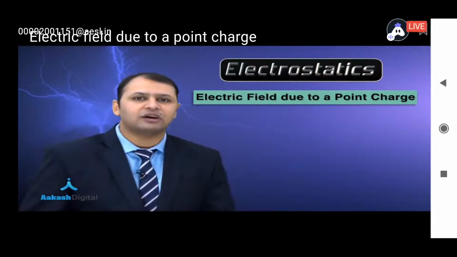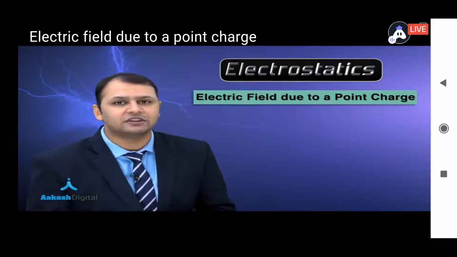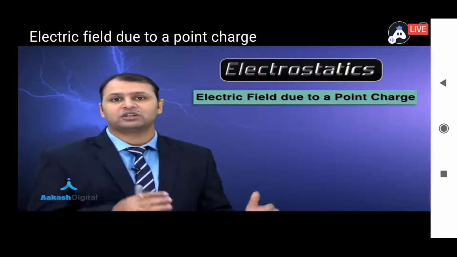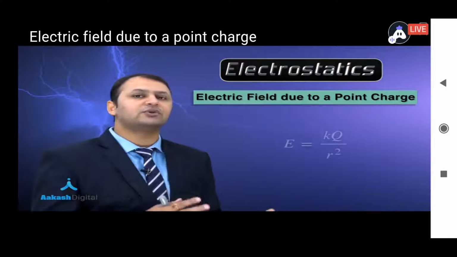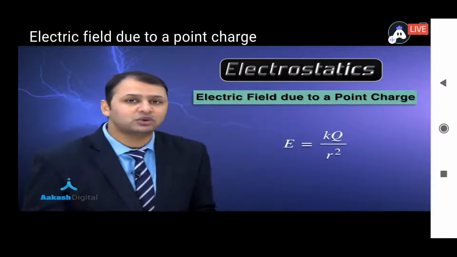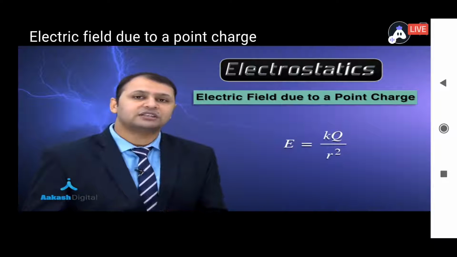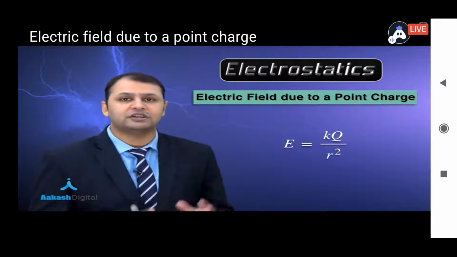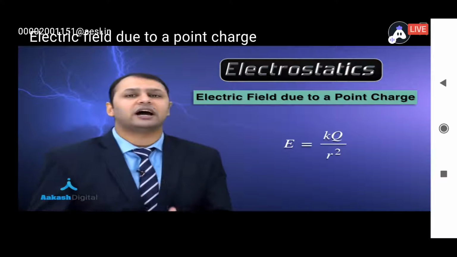So friends, till now we have understood that the electric field will be varying with position. And what is the relation between them? The magnitude of electric field is inversely proportional to r square. Now the point is, we want to plot a graph between the variation of electric field strength and position of